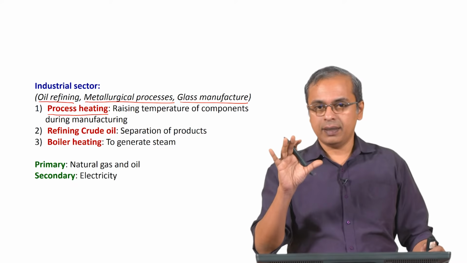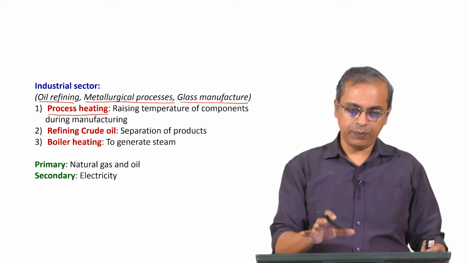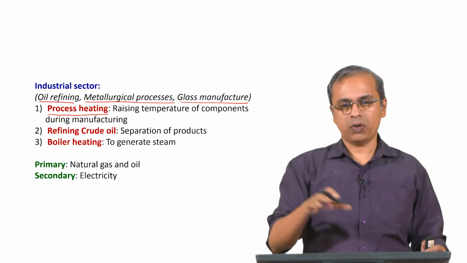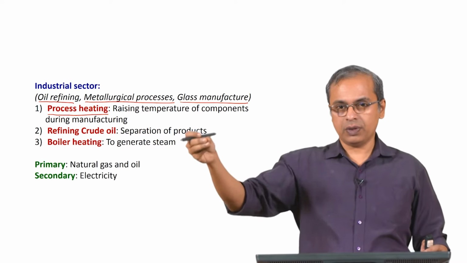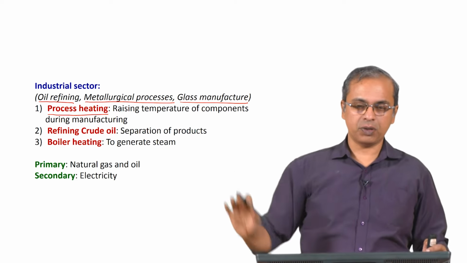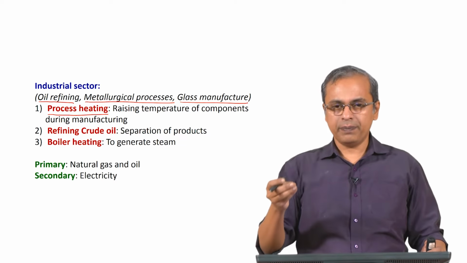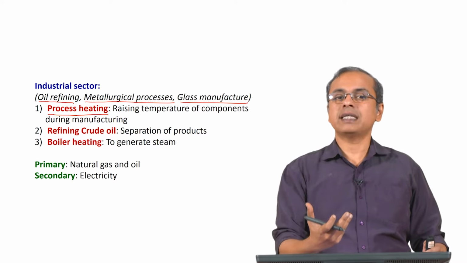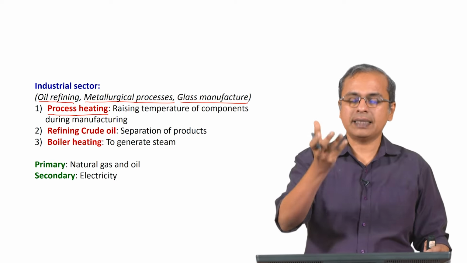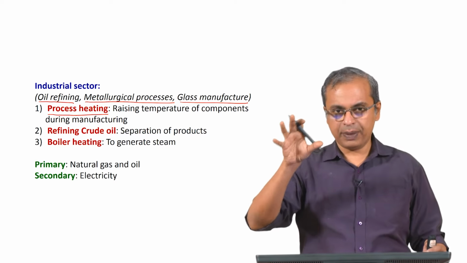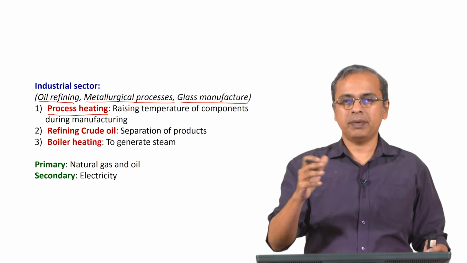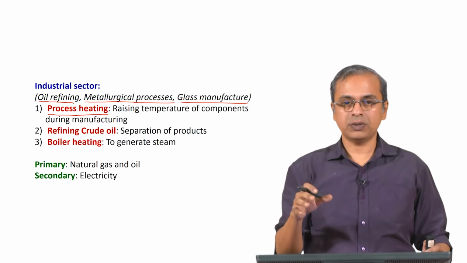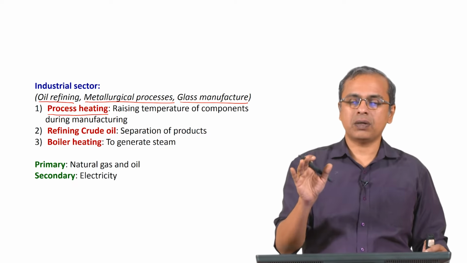In many plants, both nationally as well as internationally, the procedure involved in making the product, whatever product they are trying to bring out of the door at the end of the day, from the factory some product comes out of the factory. There will be many steps in that process which require some part of the product to be first heated up to some temperature, and at that temperature some activity will happen on that part. Maybe its shape will be changed, maybe some other thing will happen to it, and then it is cooled down. So, there are a lot of plants around the world which require this step.